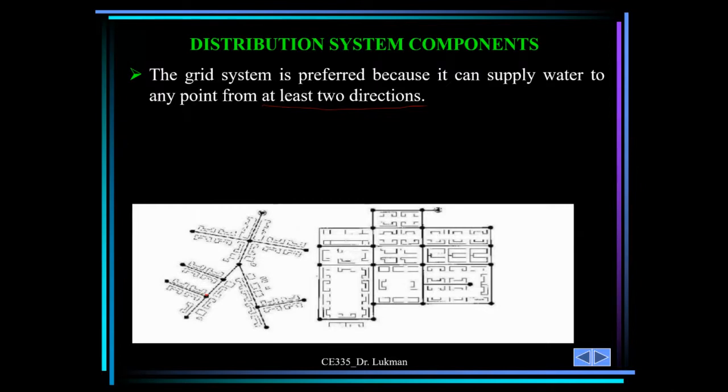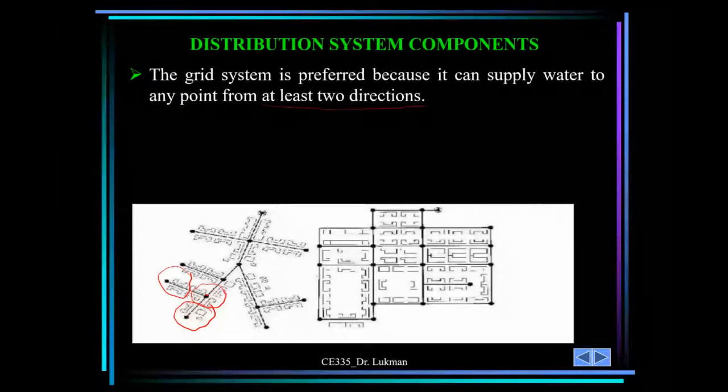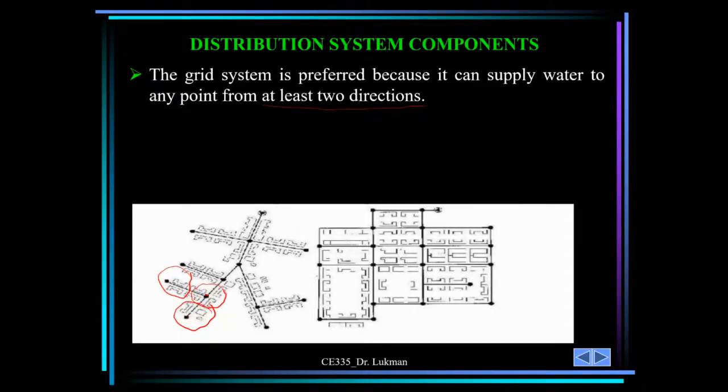Okay, so you can see all these houses can tap water from this node. These ones can tap water from this node. This one can tap water from this node. Okay, but this is a branch network. For smaller towns, the branch network is good. Okay, but for bigger towns, then the